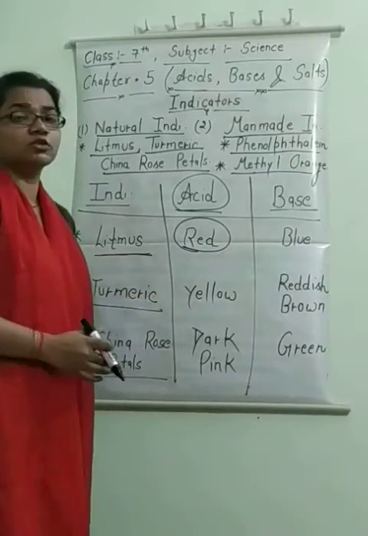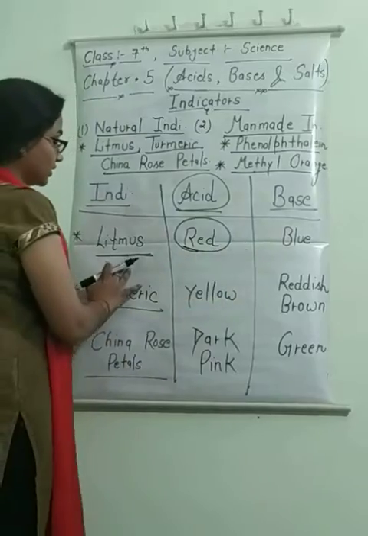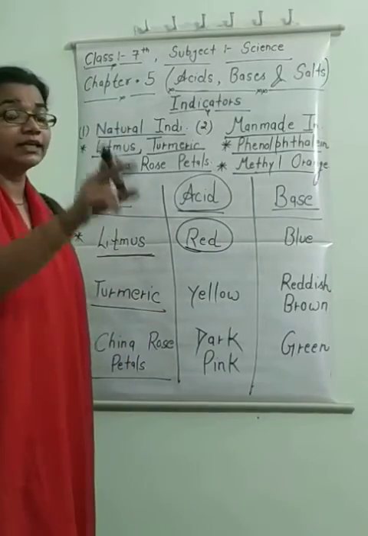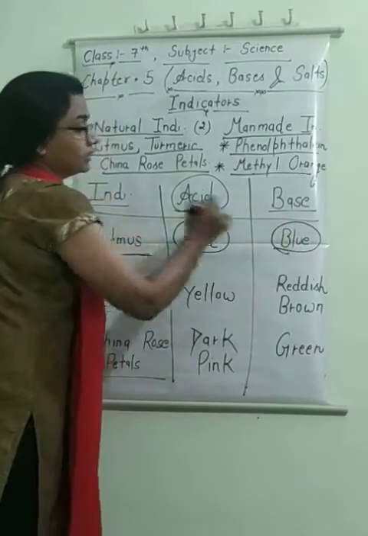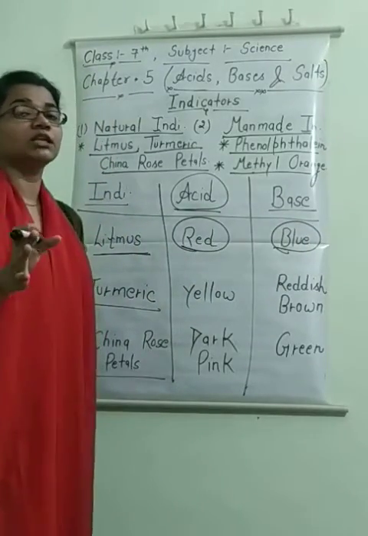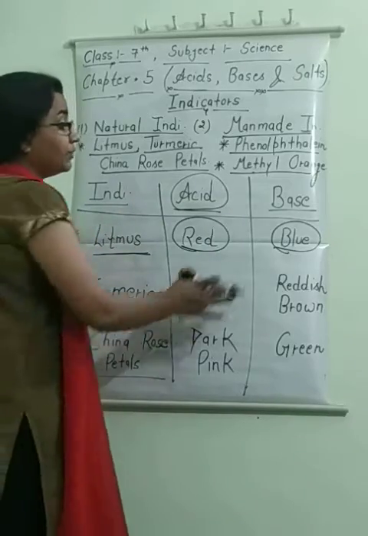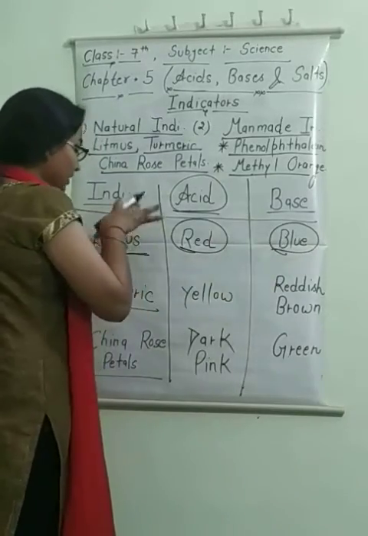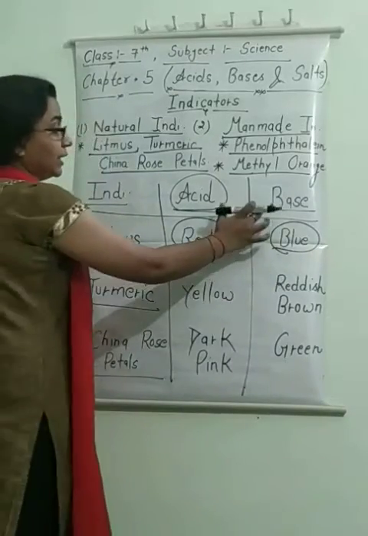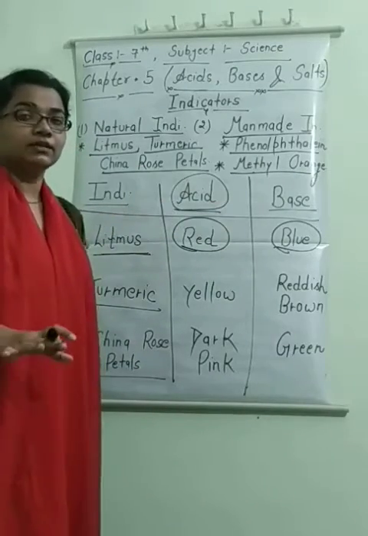Different substances are near us, and we just put that substance on the litmus paper. If that litmus paper converts its color into blue, then that particular substance will be basic in nature, or that will be a base. If it does not convert its color, definitely it will not be basic.